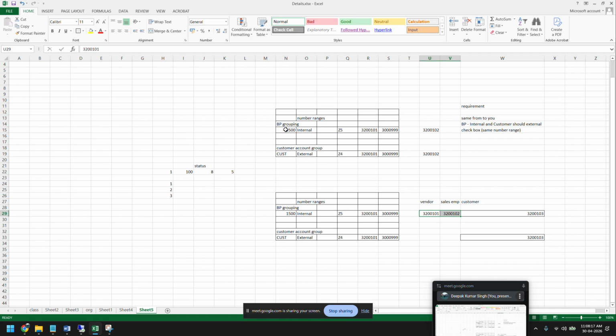So this is the correct configuration that you require to have the same BP and same customer number. Remember this thing. I think it's too technical for you. Nobody will ask you this kind of questions, but you should know. If someone asks you, what will happen if I mark both as internal? This kind of question people ask you. If you mark both internal means